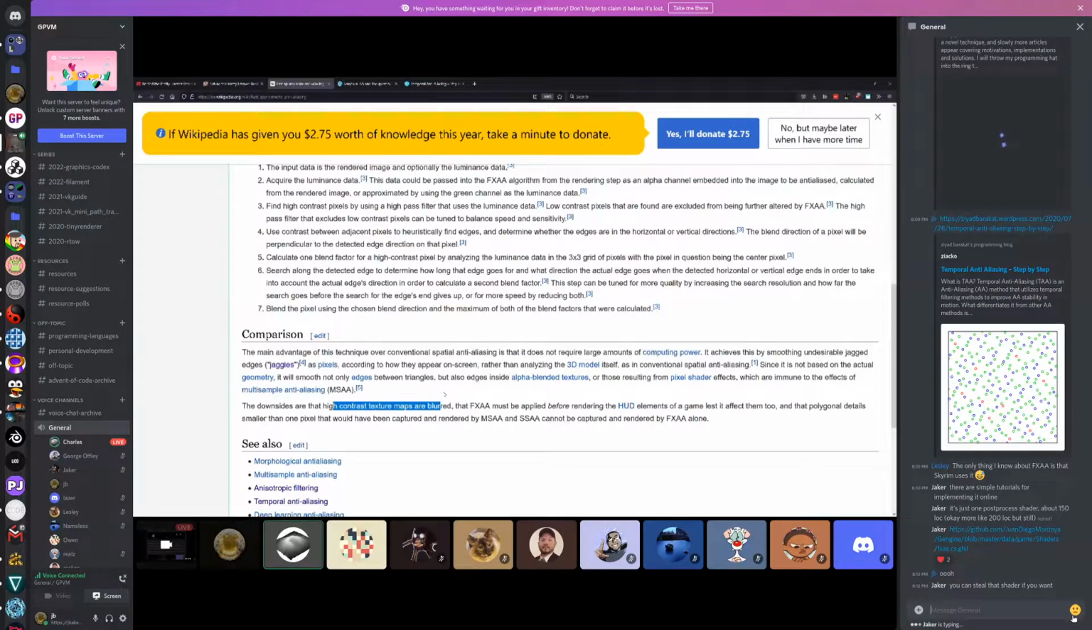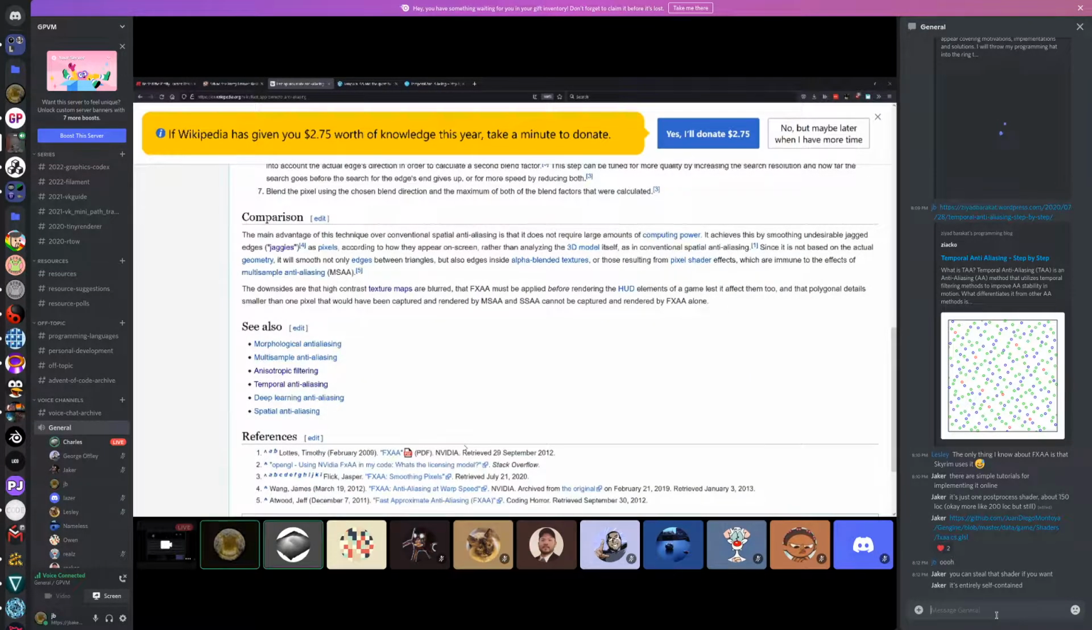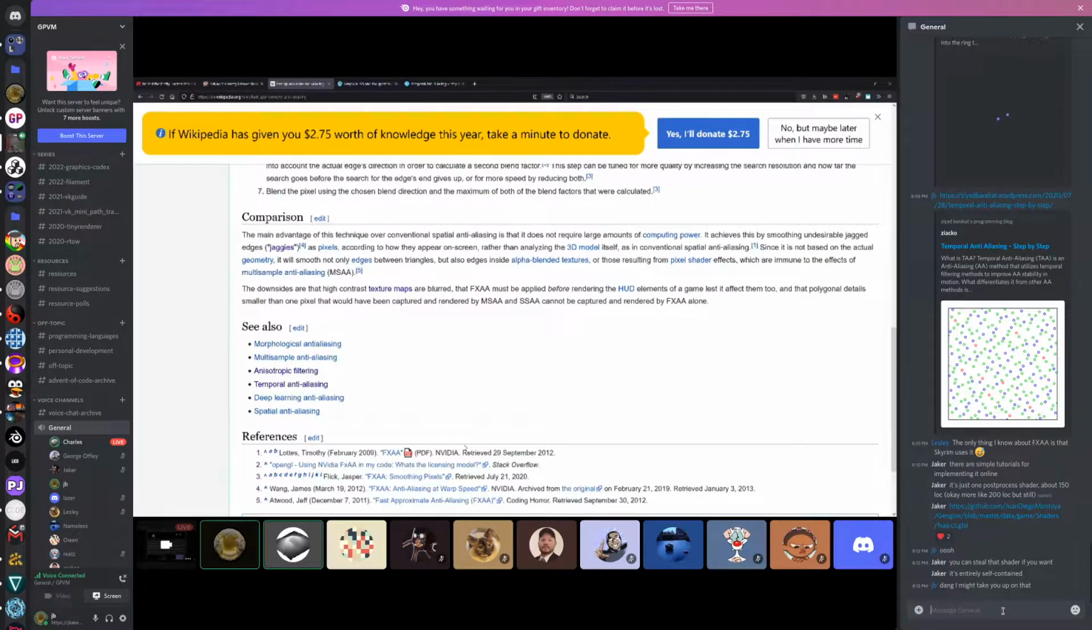High contrast texture maps blurred before HUD. Seems like, yeah, well, it was developed in 2009 and it works for a 2009 graphics stack more than